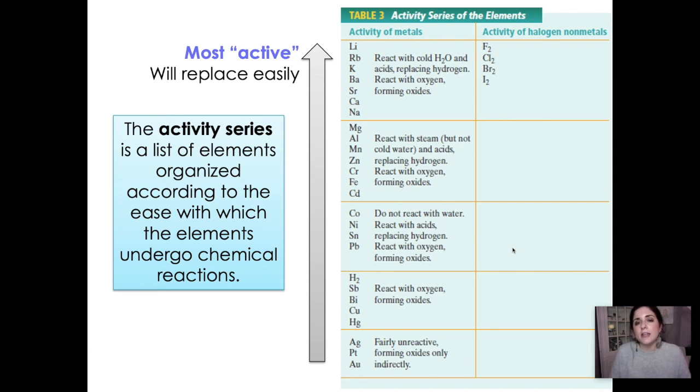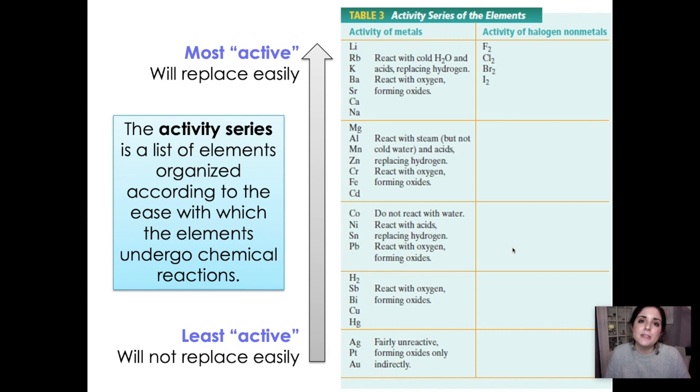The reason why they're considered precious metals is because they're not very reactive. These are your least active metals. These like to be on their own. They're very stable the way that they are. So when you have a single replacement reaction, your most active metals are going to want to replace the least